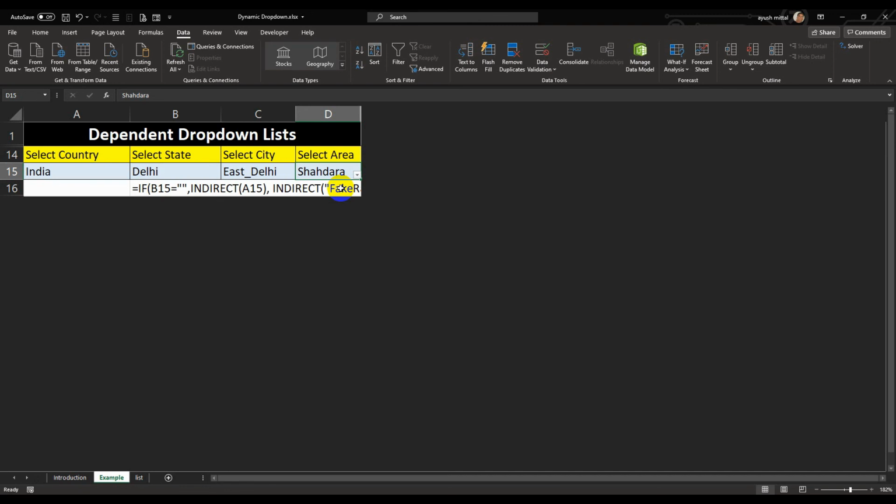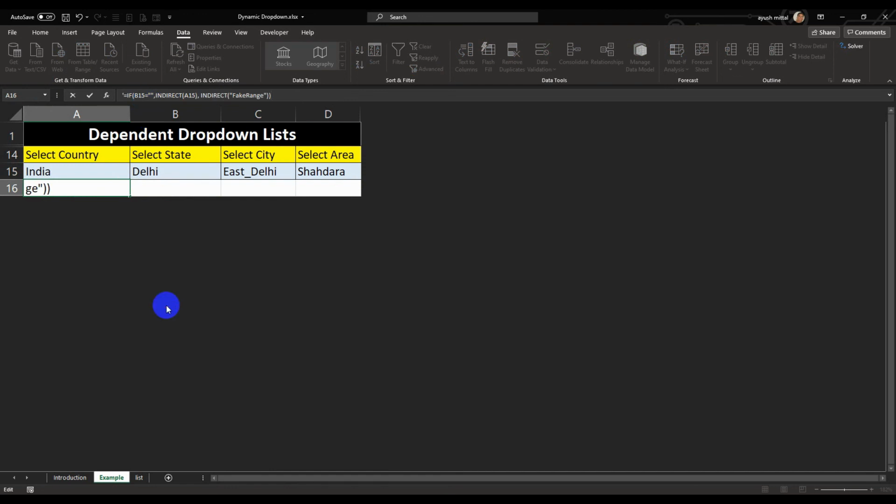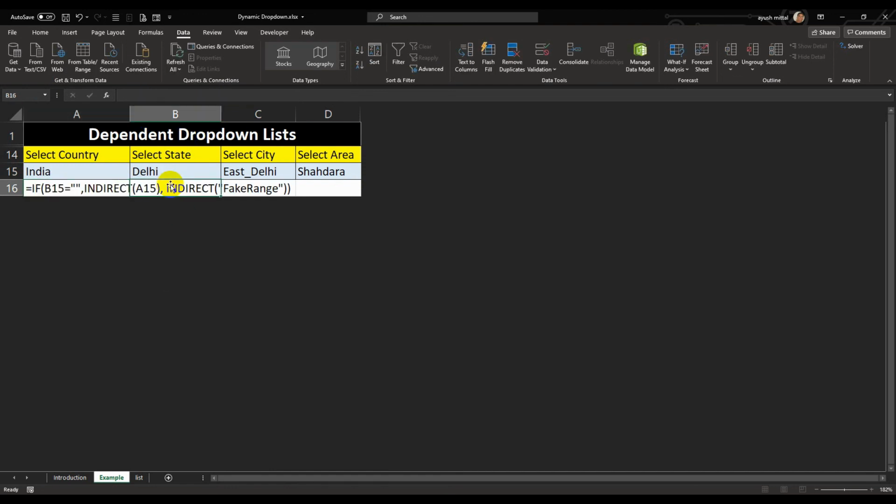So this is how we can avoid the miscommunication that might happen if we are not able to show the correct values. You should remember this formula: if B15 is not equal to empty, then show us the country area.